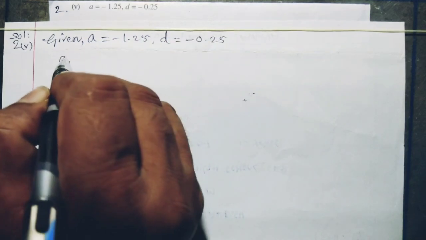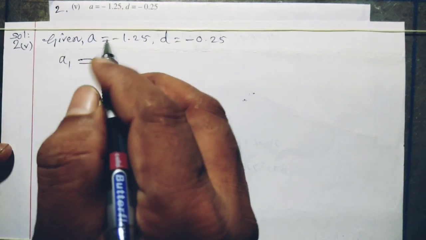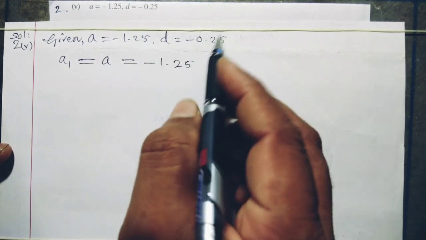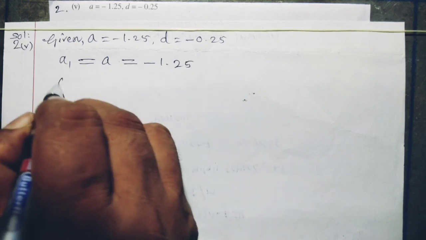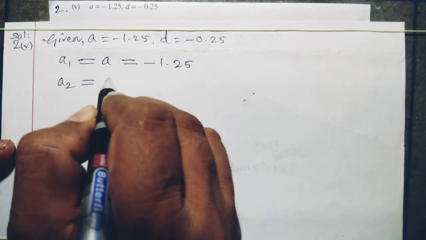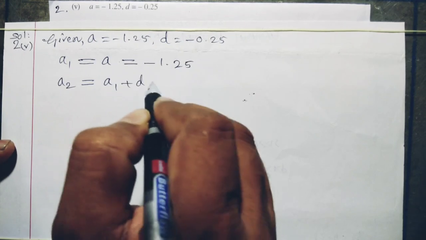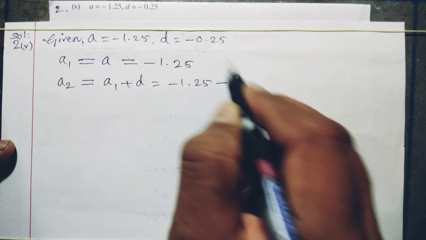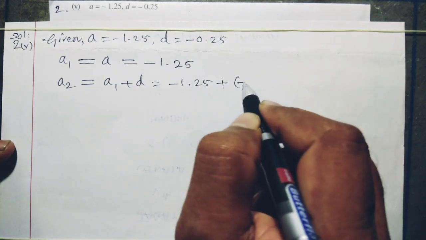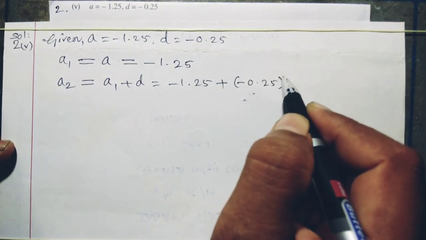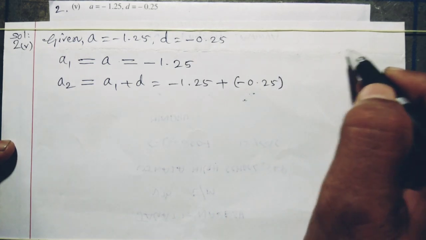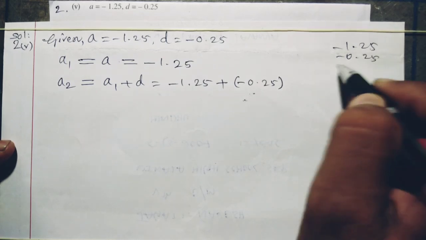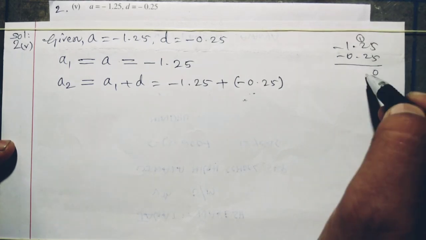So first term A1 is equal to A only, minus 1.25. Next, second term A2 is equal to A1 plus D, minus 1.25 plus D, minus 0.25, that is equal to